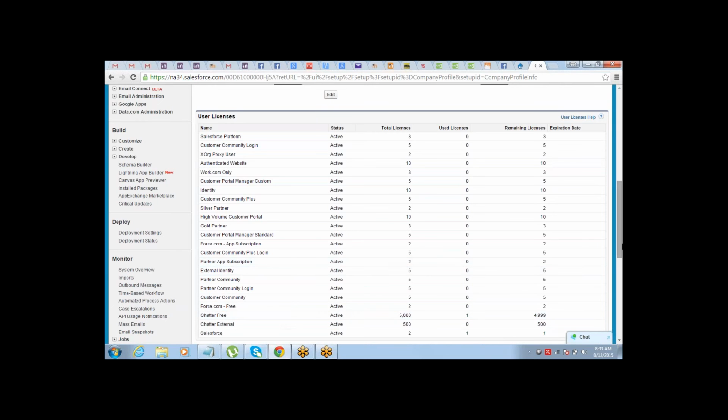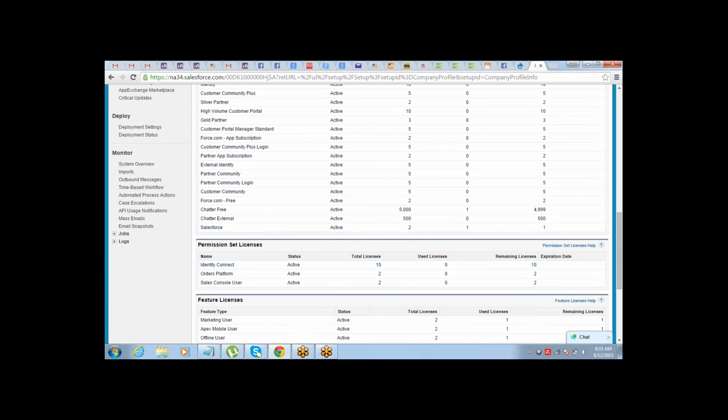Out of all these licenses that we see here, the Salesforce license is the one which has all the functionalities, and that is what we are using. So this is a full license. The rest are licenses for people who do not need full access. Like Force.com free, this comes for free. Chatter free, people with this license will only get access to Chatter. They cannot do anything else.